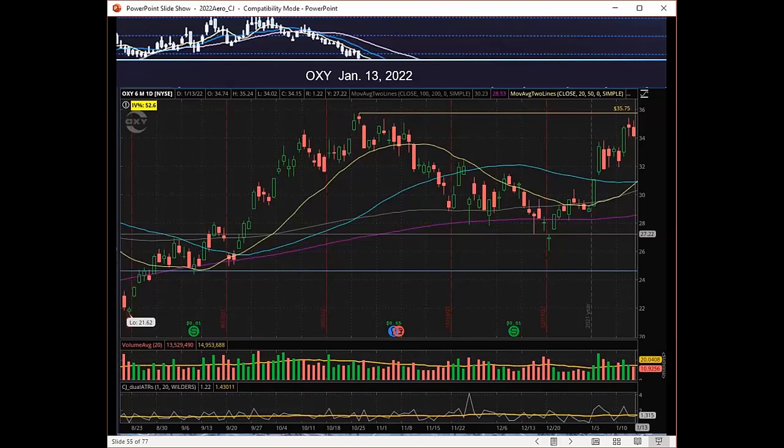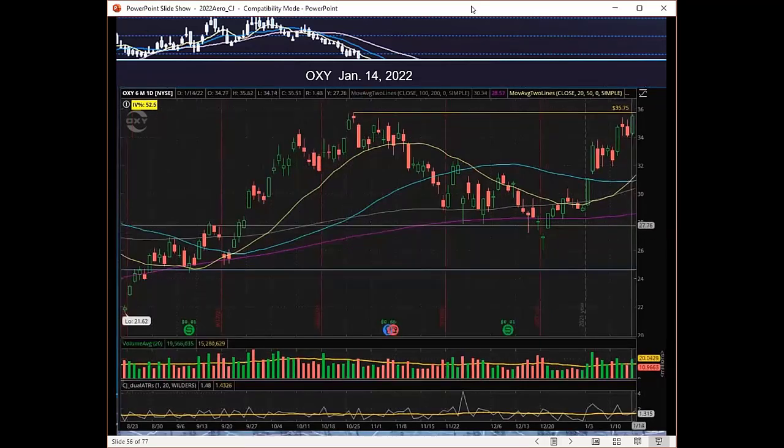And I may change that alert each day, no more than once a day. And if it's a trailing stop, only in my favor. I don't move it if it's gone against me. The initial stop stays there until I'm stopped out. But if the trade works in my favor and it works enough, then I'll move the trailing stop once a day. Now, in the case of Oxy, that was an initial stop that got hit a day or two after my entry.